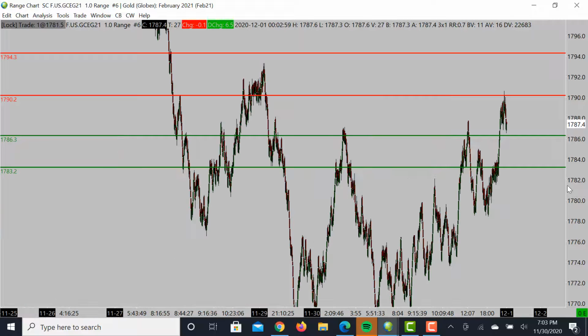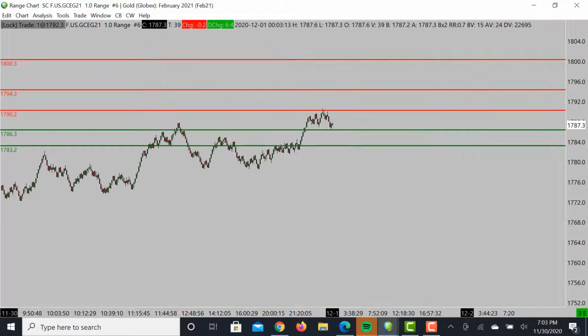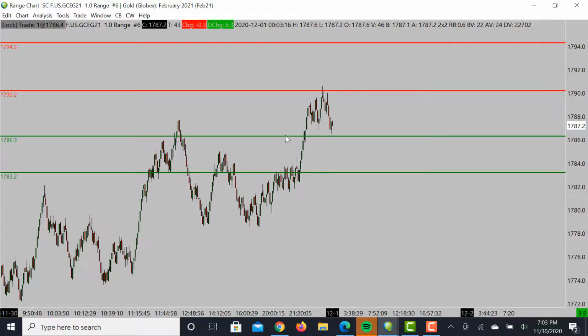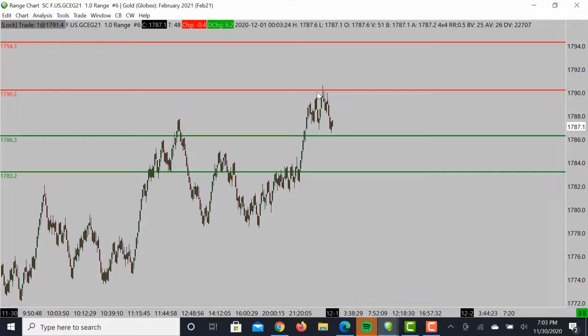Now, if we look back on this, we are still in a downtrend, but we are moving back up. You can see this movement. So this micro uptrend that we're having, pulling into levels of resistance, we did stall at those 1790.2s. So that's what we're looking for the market to do, is pull back, get this pullback into 86.3. This may be a very minor level, right? This is a level that we could look for a continued bounce, but if we can't break this level here,